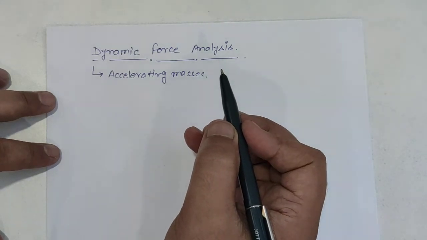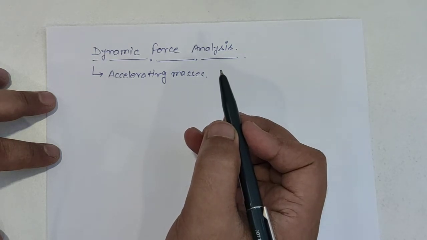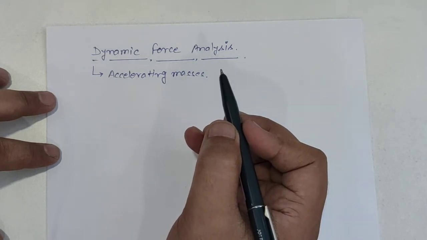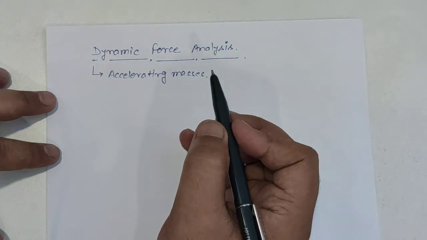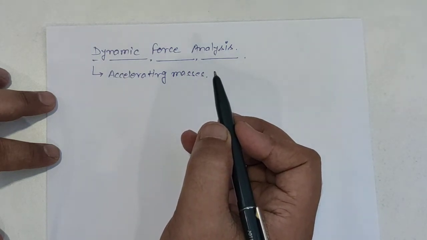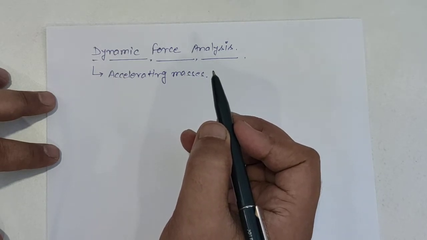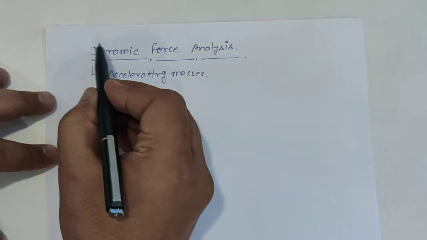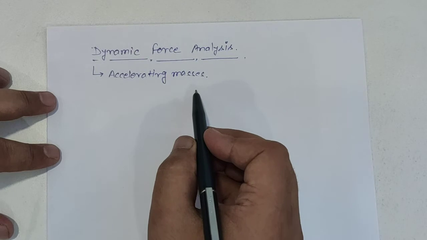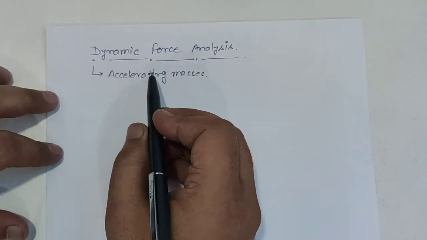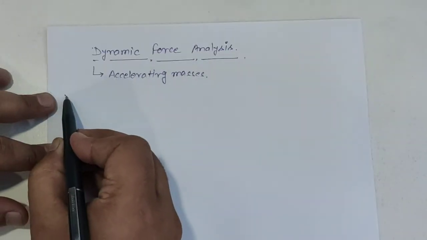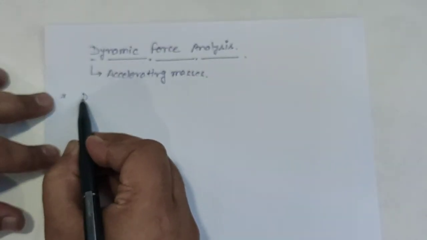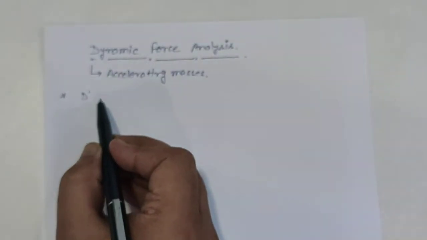As all machines have some accelerating parts, dynamic forces are always present when machines operate. In situations where dynamic forces are dominant or comparable with the magnitude of external forces, dynamic analysis has to be carried out. In simple terms, if we have acceleration of masses, the analysis comes under dynamic force analysis. The first principle we are going to consider is D'Alembert's principle.